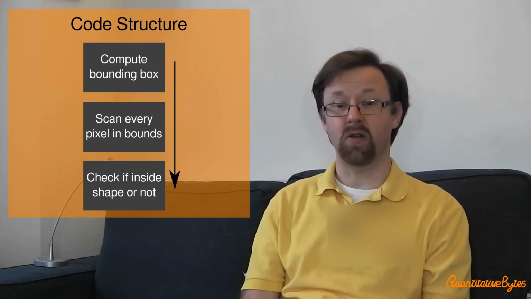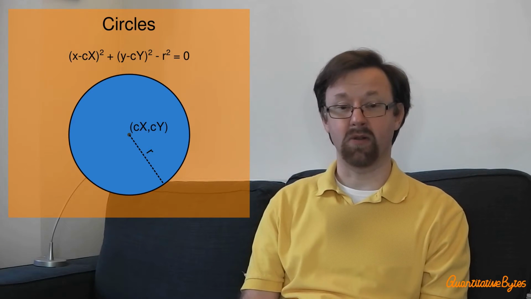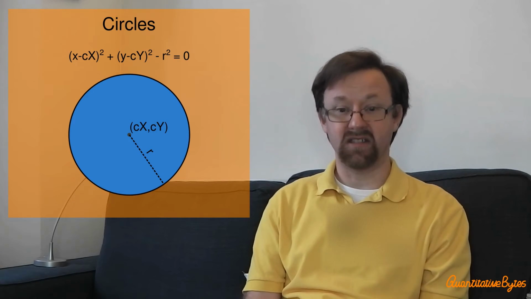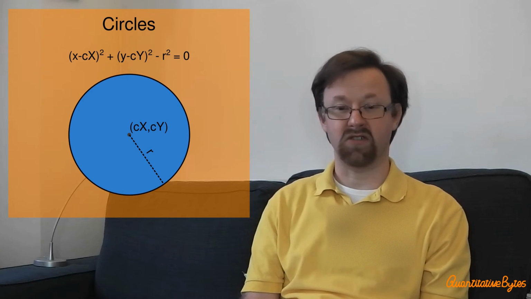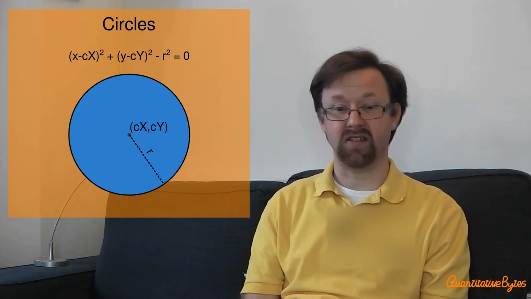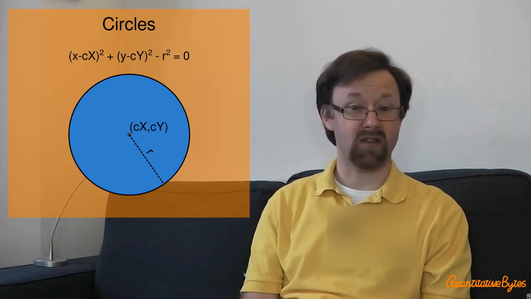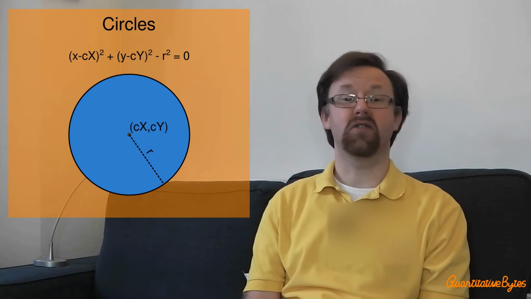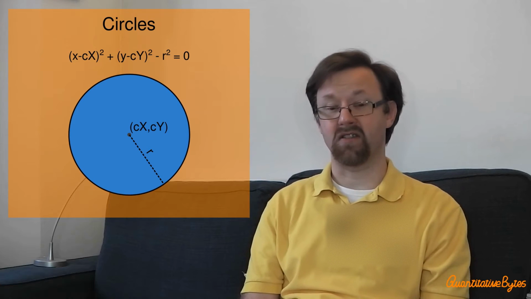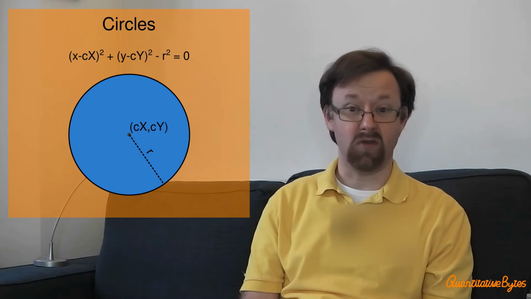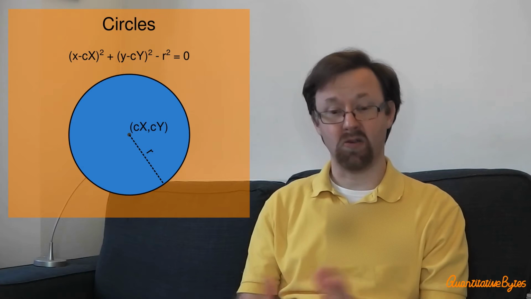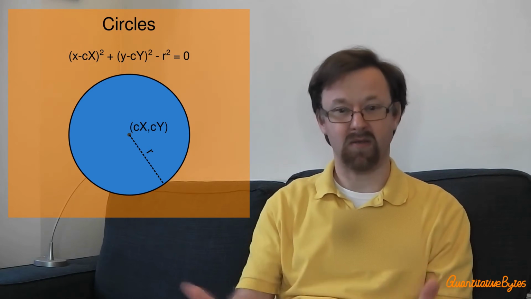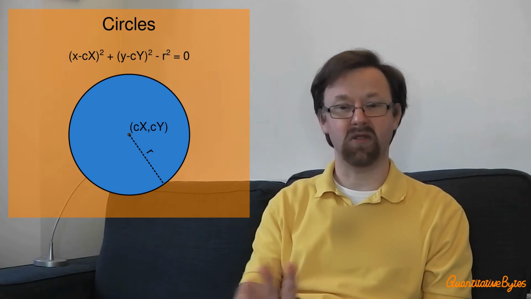Now, for the case of a circle, as shown here, this is actually very simple. The circle equation that you can see here essentially boils down to a signed distance function. And all we have to do is evaluate that equation given the center point of the circle and the current pixel coordinate that we're considering, and that gives us a value. If that value is less than or equal to 0, then we know that we're inside the circle. If it's greater than 0, then we know that we must be outside of the circle. And so we can very easily render a circle. And as I said in the previous episode, we focused on how to make that process faster, utilizing symmetry, but we don't need to worry about that.